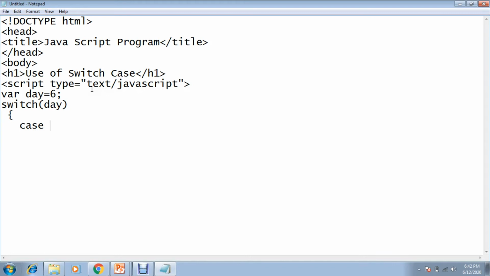Then you have to use case 1, alert Monday, close the bracket, and write down break.